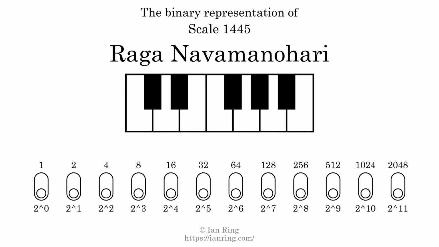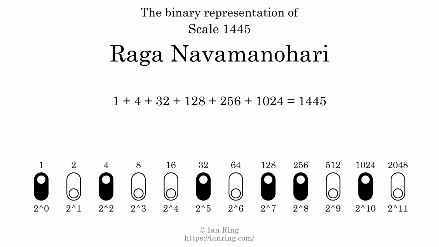The binary representation of this scale is determined by mapping tones of the scale to binary digits. Each binary digit represents a power of 2. To get the scale number, we add the powers of 2 together. The powers of 2 that are present in the scale, all added together, equals 1445. That is why the scale number, in decimal, is